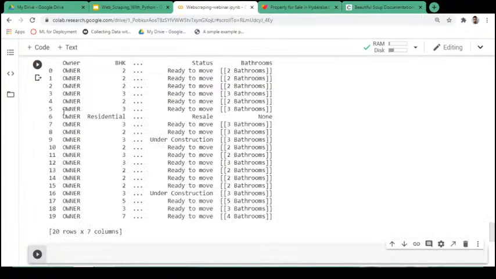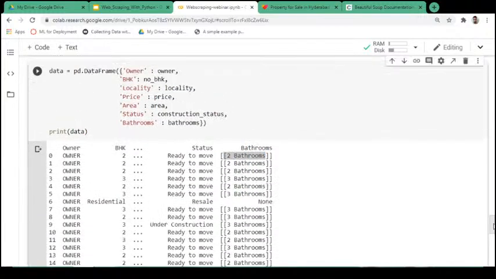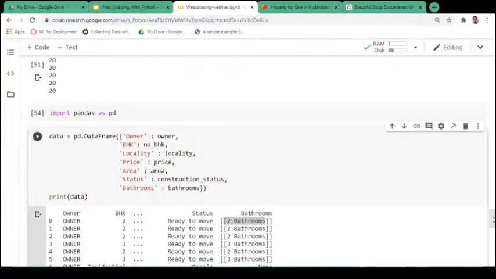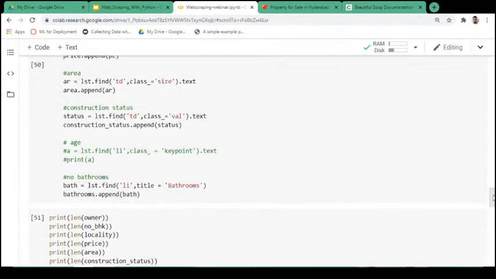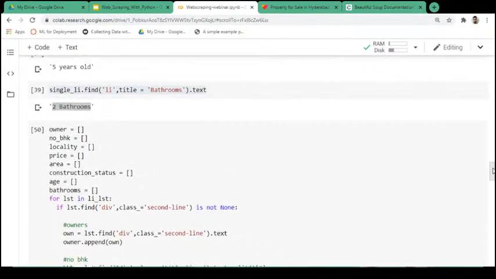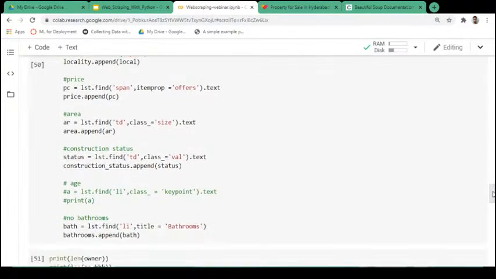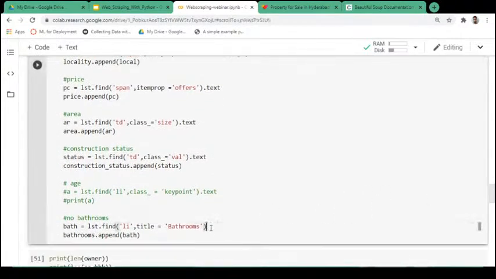Run this. All right, so you have all this information, but here if you see, you are getting this bathrooms and it is in this list. So you want to get rid of this list, right? How can we do that? So let's go up, and I think we have made some mistakes here. Yeah, so here we haven't written dot text here, right? So we have to give dot text. All right, and if you run this,